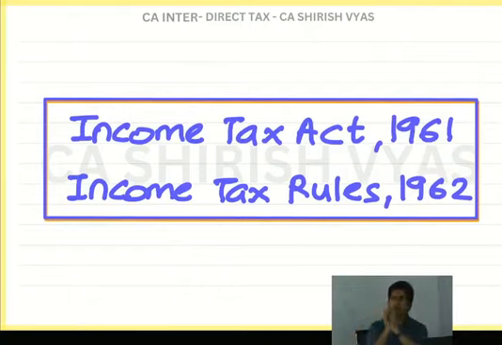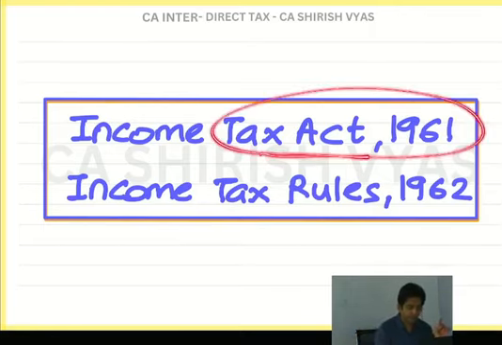Okay, this is like our Bible. We people, chartered accountants, for them it is like a God. Okay, because that is the source of our income in future once you become a CA. So these are 2 books. And you know why 2 books? Law is only one, income tax law. But why 2 books? Because you know what government has done, this book of Income Tax Act, you know, this